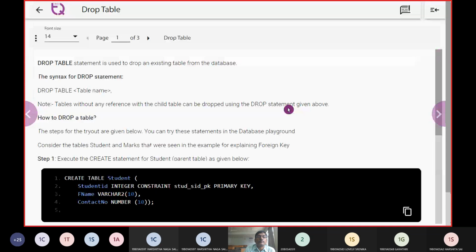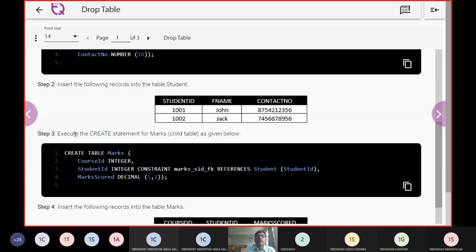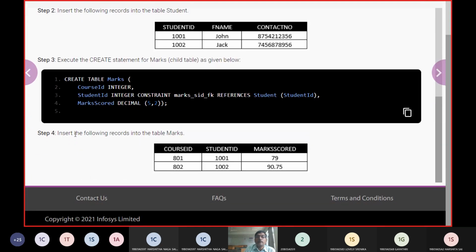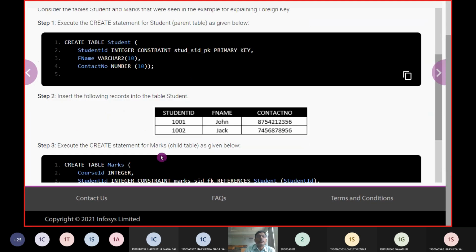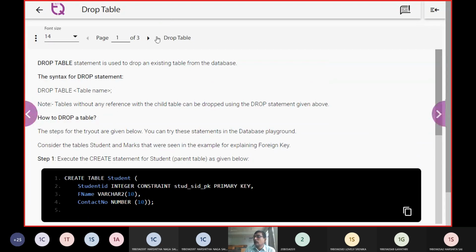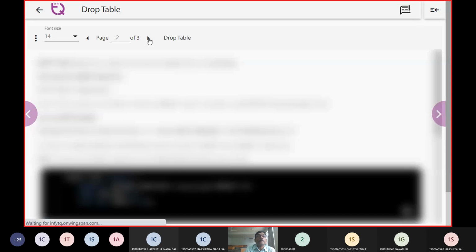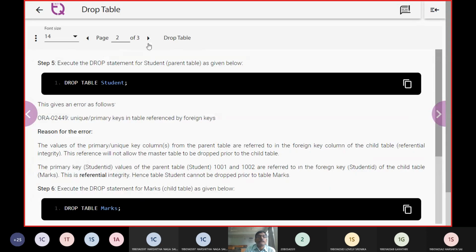Drop table is going to drop the existing table, followed by the table name. There are some dependencies where a table will not be dropped, which we can discuss later.